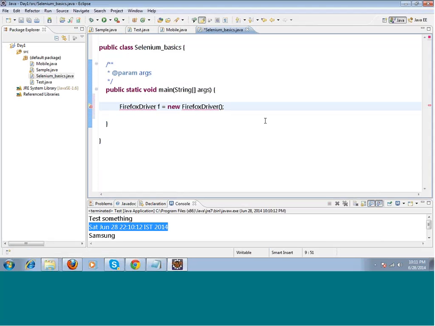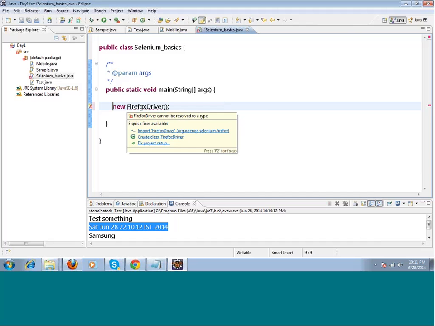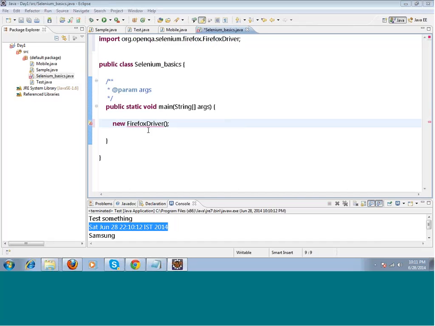Alright, you get an error. If you just create the object of that class, with no reference, move your mouse over the error and import it. You get the import option, provided you have the jar files included in your project. If you run this,